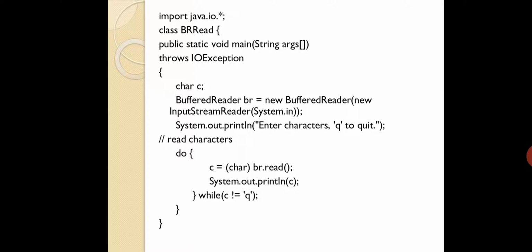So how does this do-while loop work? Always remember, it is not like a while loop. Do-while means it will definitely execute once, and after that it checks the condition. If the first character is A, it will execute this much and then check the while condition. C is not equal to Q, definitely not equal, because you entered A, so again it goes into the do-while loop. Until the user presses Q, this loop will keep running. Fine. That is the meaning of this particular code.